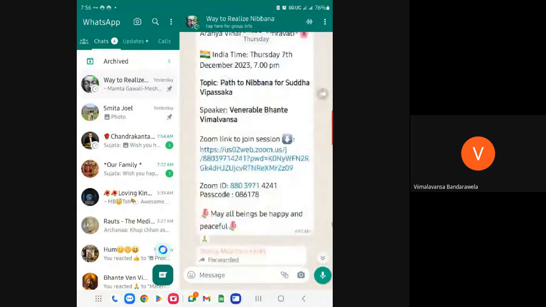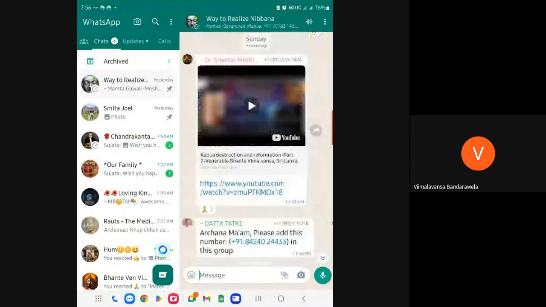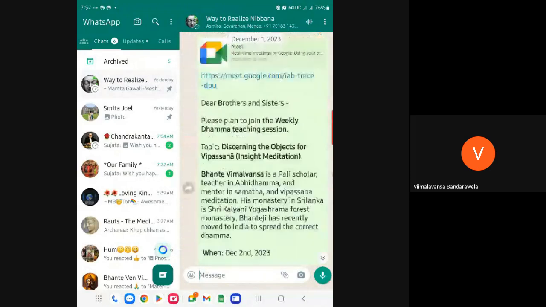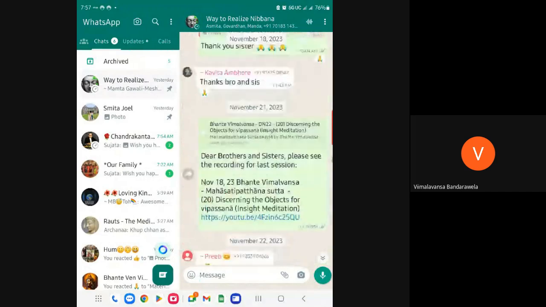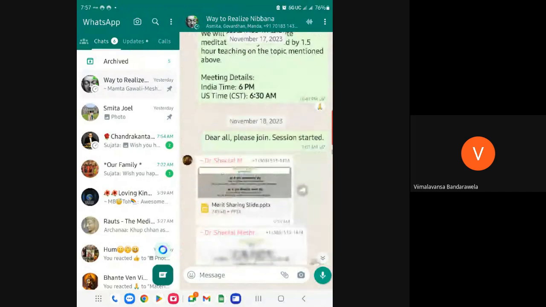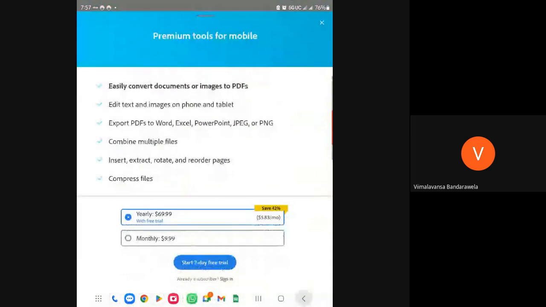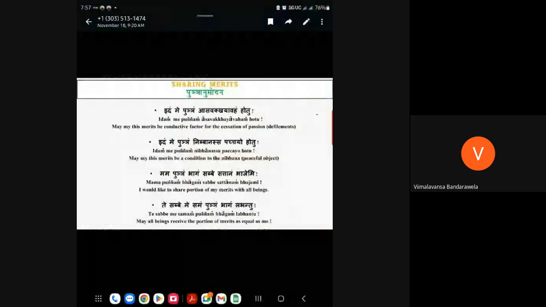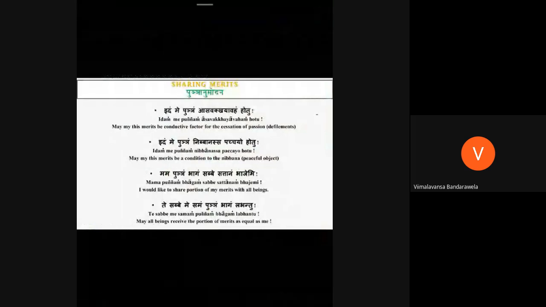Bhante, just a quick one. When we are putting up this Rupa Kalapa, the discernment of each one of these for our meditation object, we are analyzing all 63 of them for each one? Yes. If you have 63, you need to analyze every 63. But the body door you have only 53. So then again, you have 16 only, plus you have 8 only. So then like that. Good.